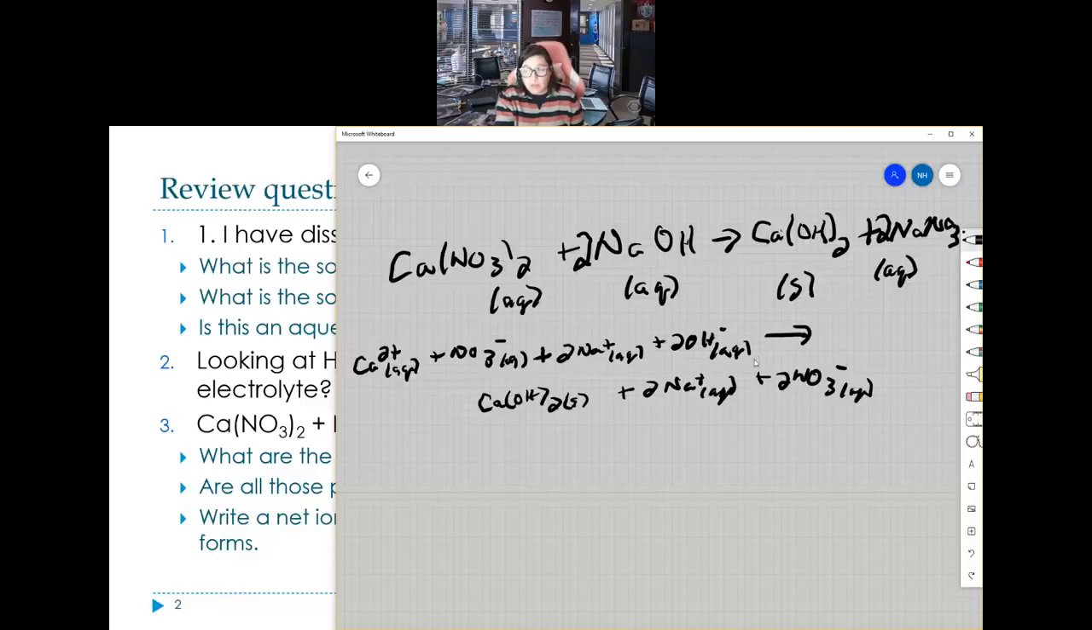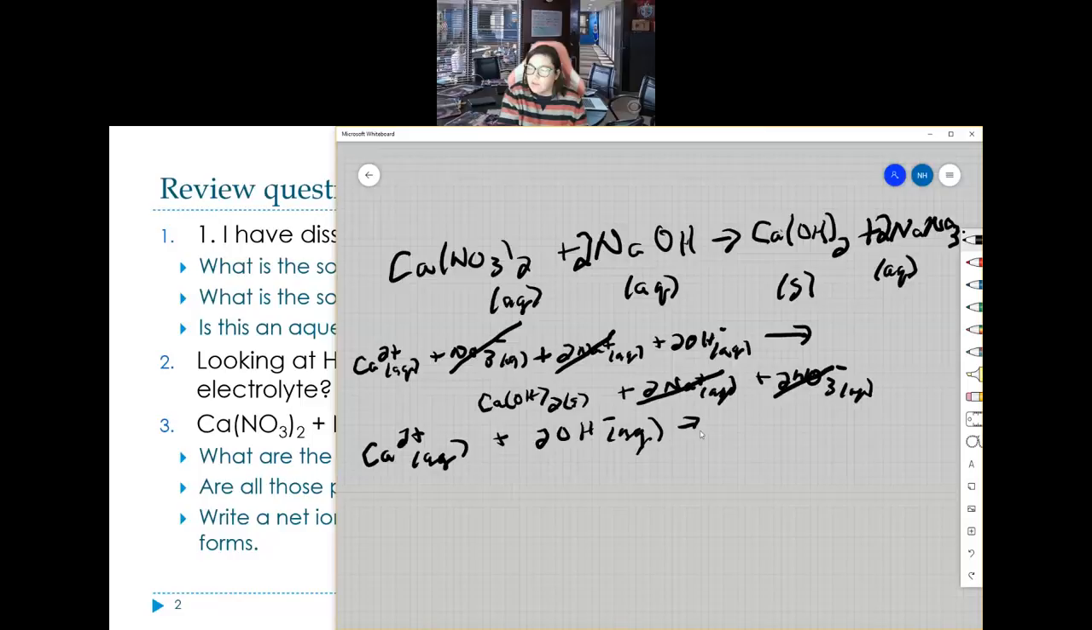But if we want to talk about the net ionic, we need to get rid of anything that's just standing around, those spectator ions, things that are not involved in the formation of the solid. So we want to get rid of the NO3, we want to get rid of the Na. That leaves us with Ca2+ (aq) + 2OH- (aq) goes to